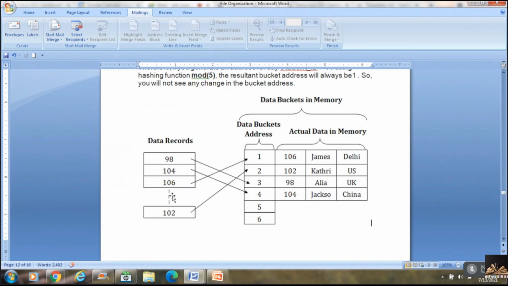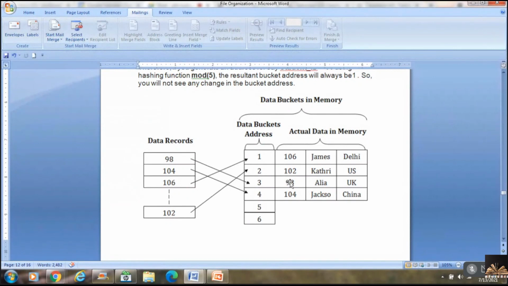Now there is 8, and 8 also should be allocated to 3. So after the end of this record, I put a link and add the record 8. Continue this until 3 comes again and again.